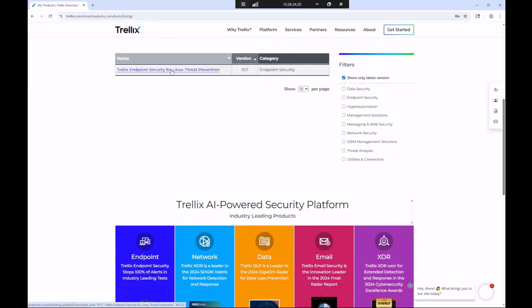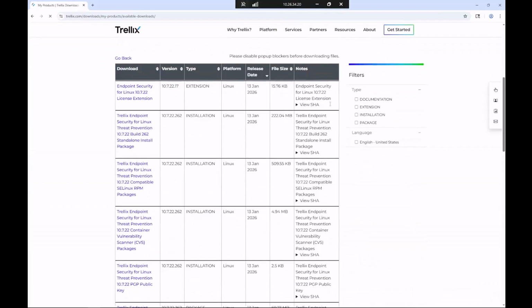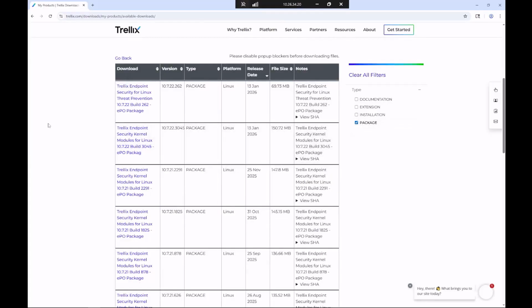Click on the threat prevention module and filter by package, and that will show a list of all the packages which are available, from which we need to choose the latest one, which is endpoint security kernel module for Linux 10.7.22 build 3045, which is the latest one as of today. And once we download it,